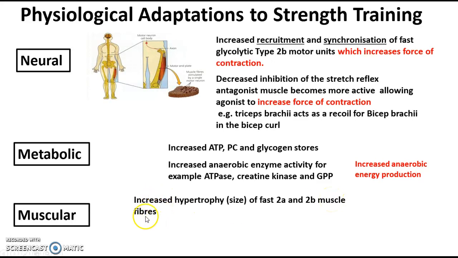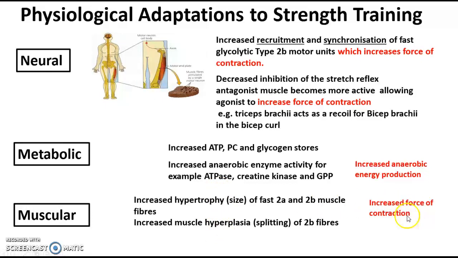Alongside that, there's another thing that happens that you won't have heard of, I don't think. This is called an increase in muscle hyperplasia. Hyperplasia basically refers to the 2A, 2B fibers splitting. Okay, so they split, and this then causes the muscle to increase its cross-sectional area, as we looked at in the factors affecting. If you get an increase in hypertrophy and an increase in hyperplasia, they work together, but you get separate credits in the exam for these. This will then lead to an increased force of contraction. So anything on the right side is the effect that it would allow.